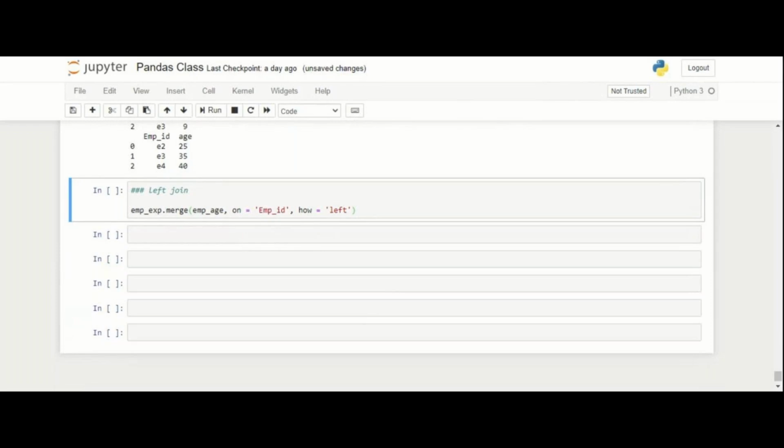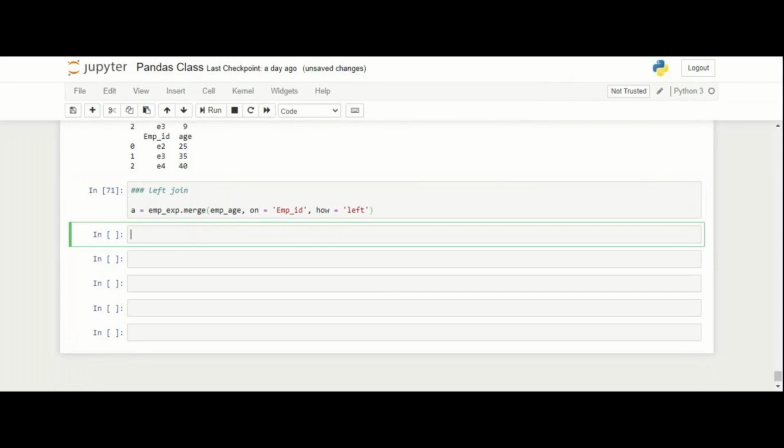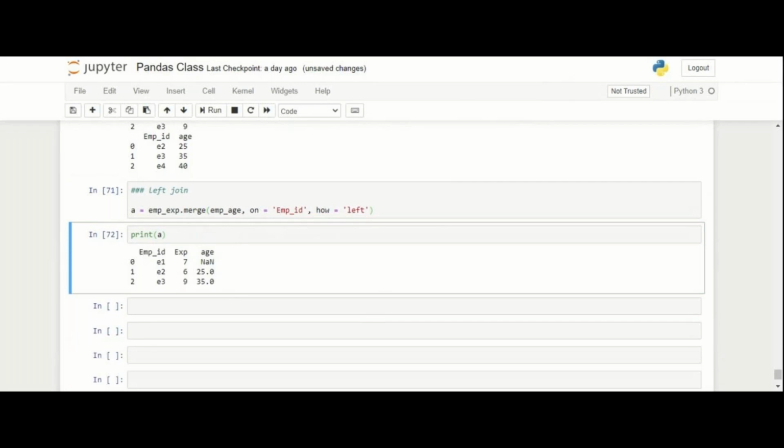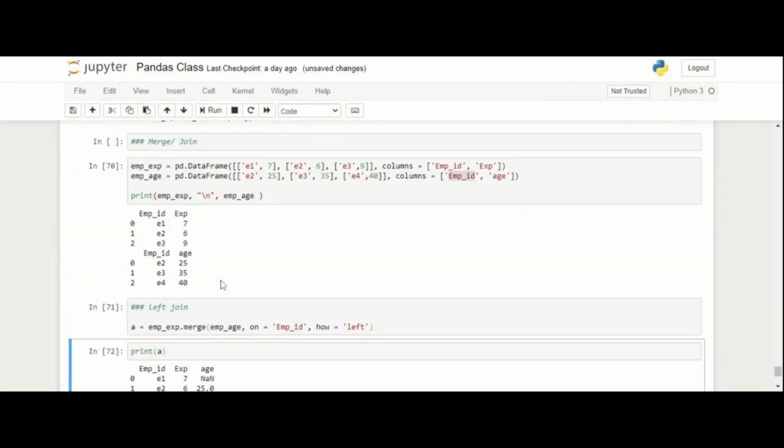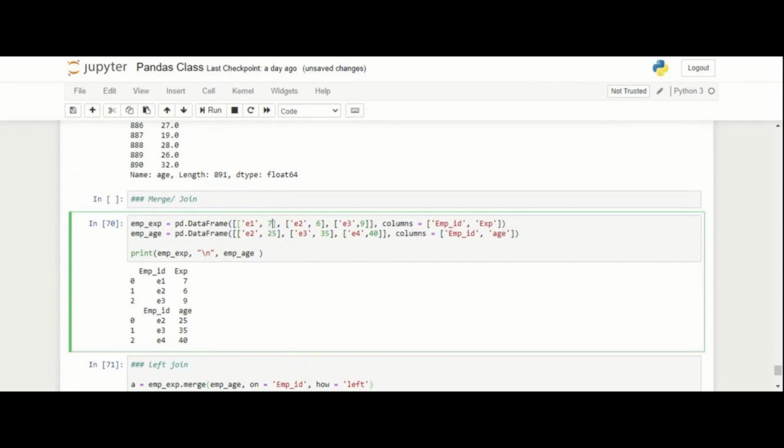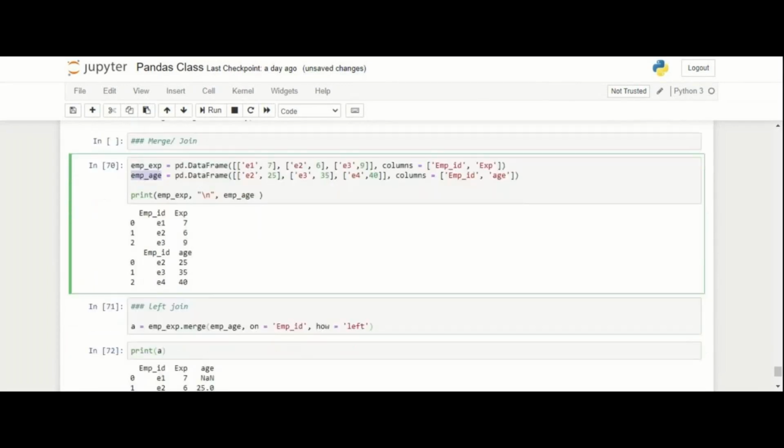So let me put this into one variable. Okay, so this is my new data frame, right? E1 has experience 7 and age is none. E1 is not present in my age column. So it has